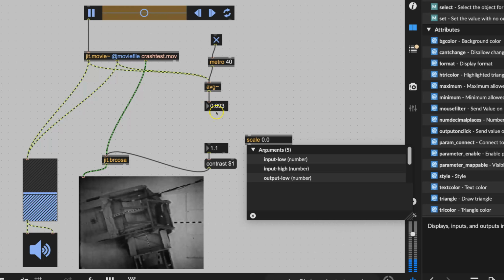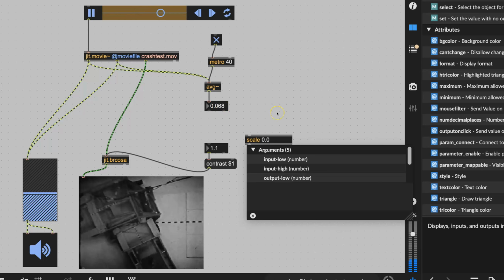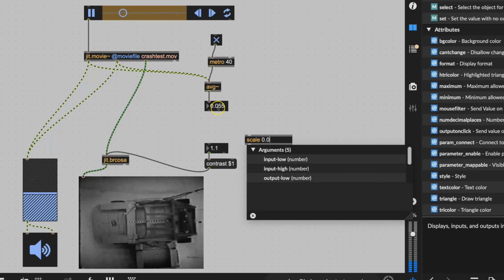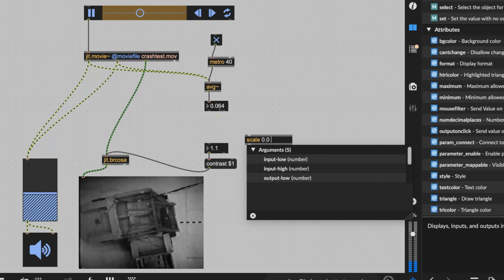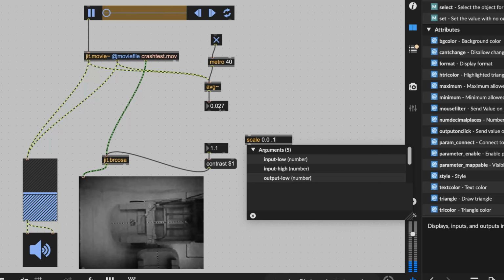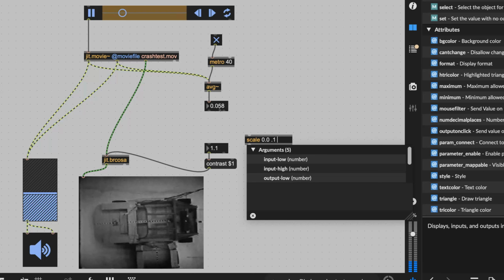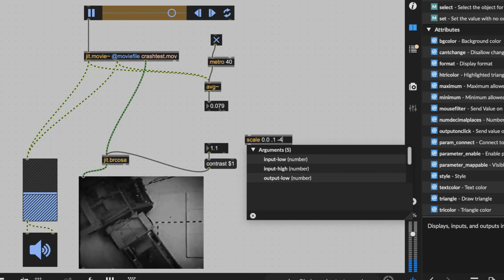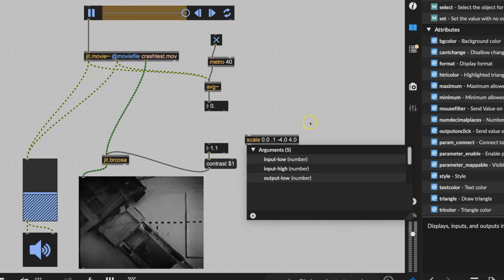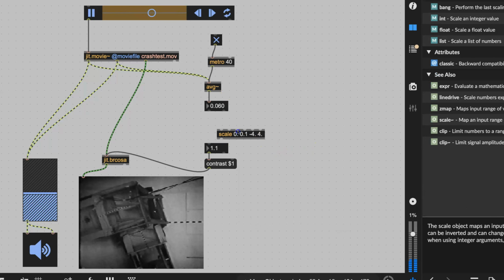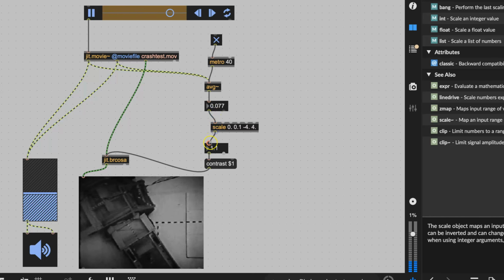because average is just giving out a positive number here, and it's from 0 up to, as we can perceive it, almost up to 0.1, but not quite. Let's just make it 0.1 for the moment and see how things go. And then the next number, we said we'd like it to go from maybe -4.0 up to 4.0. So, and now if we run this in here and this out here,